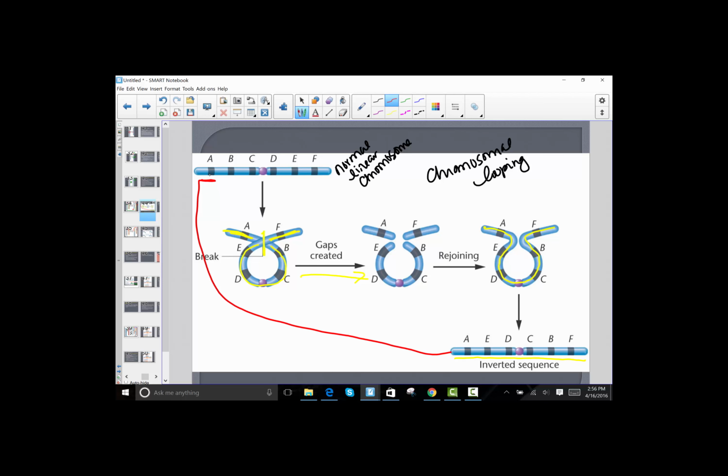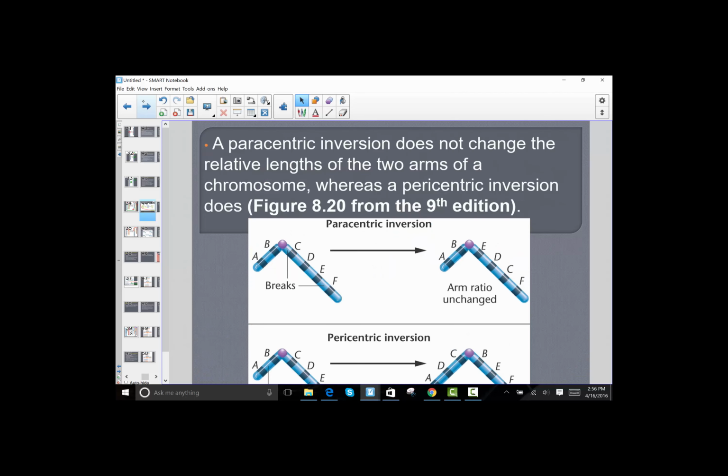Another type of inversion that actually does occur is called a paracentric inversion. We have paracentric and we have pericentric. We're going to talk about these separately. So we have a paracentric inversion, which does not change the relative length of the two arms. So now what we're talking about here is